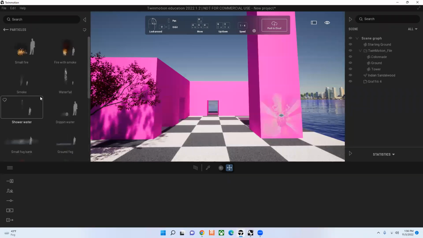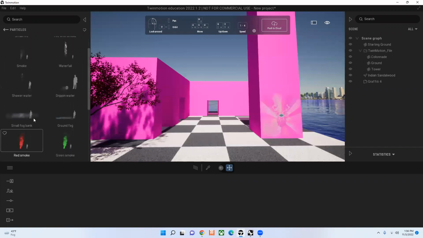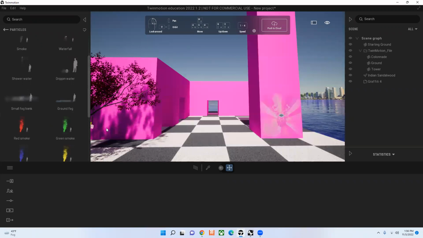I like adding particles in as well. It can really make a rendering look so great, especially if it's an animated rendering. I like the ground fog, and once again, you just click and drag that in. It'll show up as a bunch of these particles. So that's just the center of it, but do you see how it's slowly adding that fog on the ground? It's really nice. You can't customize it at all, but